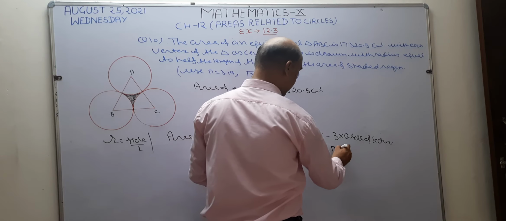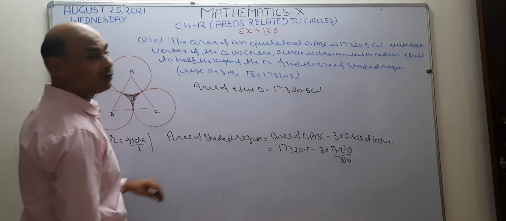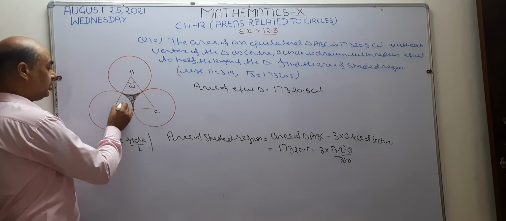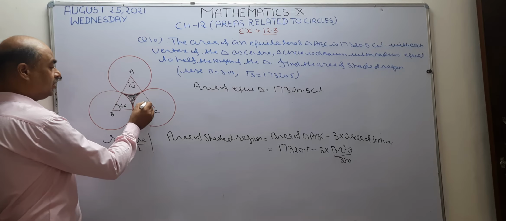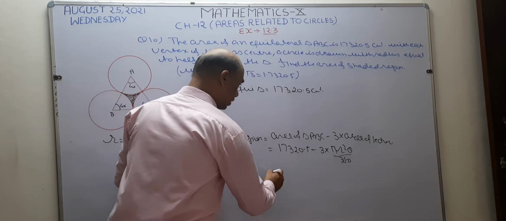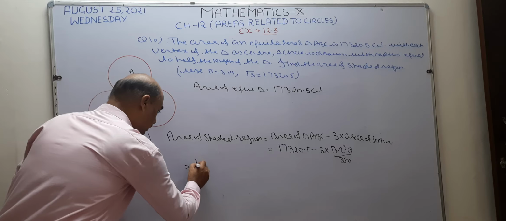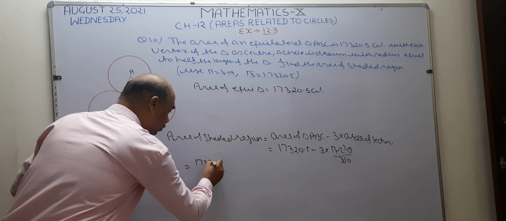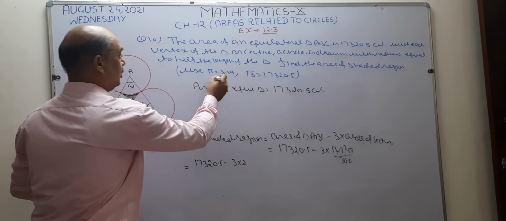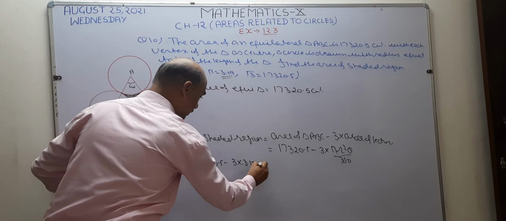How do we find the area of sector? Formula is pi r square theta upon 360 degree. As you know, this is an equilateral triangle. Equilateral triangle having each angle 60 degree. It means all these three angles are of same degree. Same degree means 60 degree. Okay. Now theta becomes 60 degree. So I want to write here 17320.5 minus 3 going to remain same. Value of pi is given. Value of pi is 3.14. So write here 3.14. Okay.